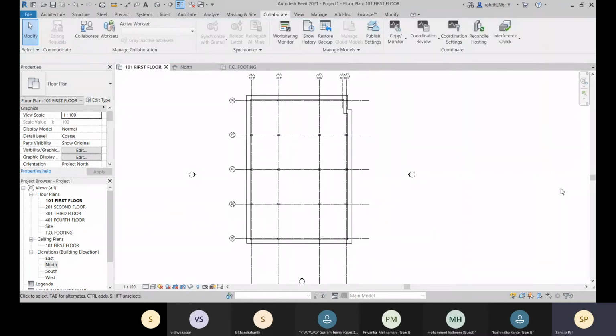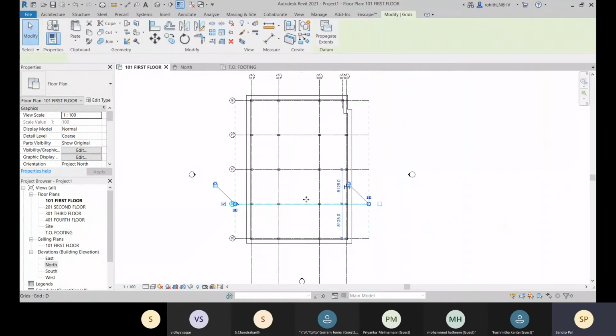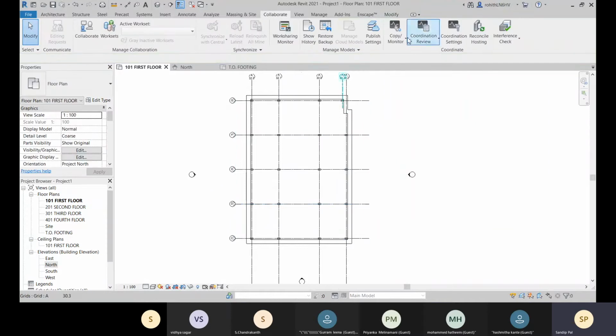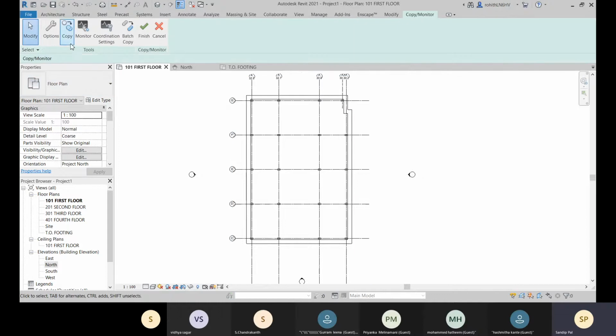Let me cancel it again, and now you can see that there is no monitored option now. You come to this collaborate tab, go for this select link, you mention this link, and then you go for this monitor, and then you select this grid. Okay, and then you have to select that Revit link grid, and you click on it, and now the relation is established, and it is being monitored now.